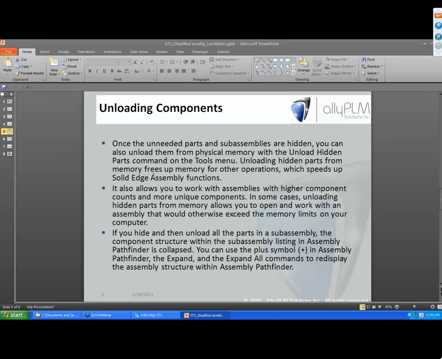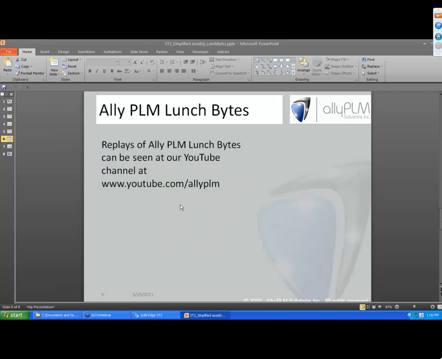Again, you can use hide component, inactivate, and this option, again very important, is unload components. So what you can do with this command is, for all your hidden components, you can unload those components from your physical memory. So if you are having some performance issues with memory, then you can use this command to get